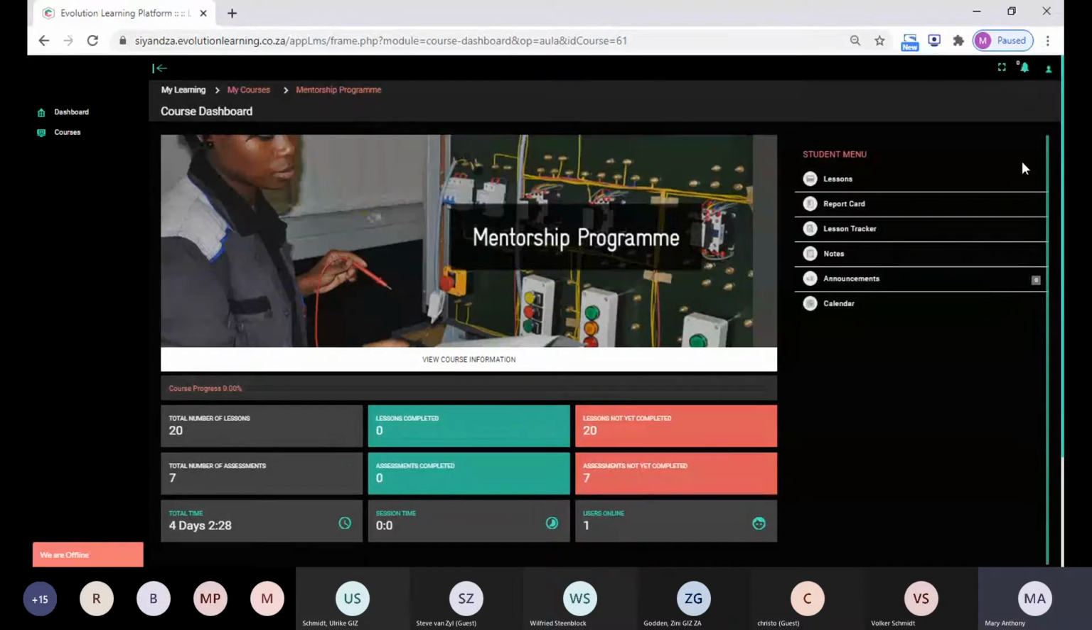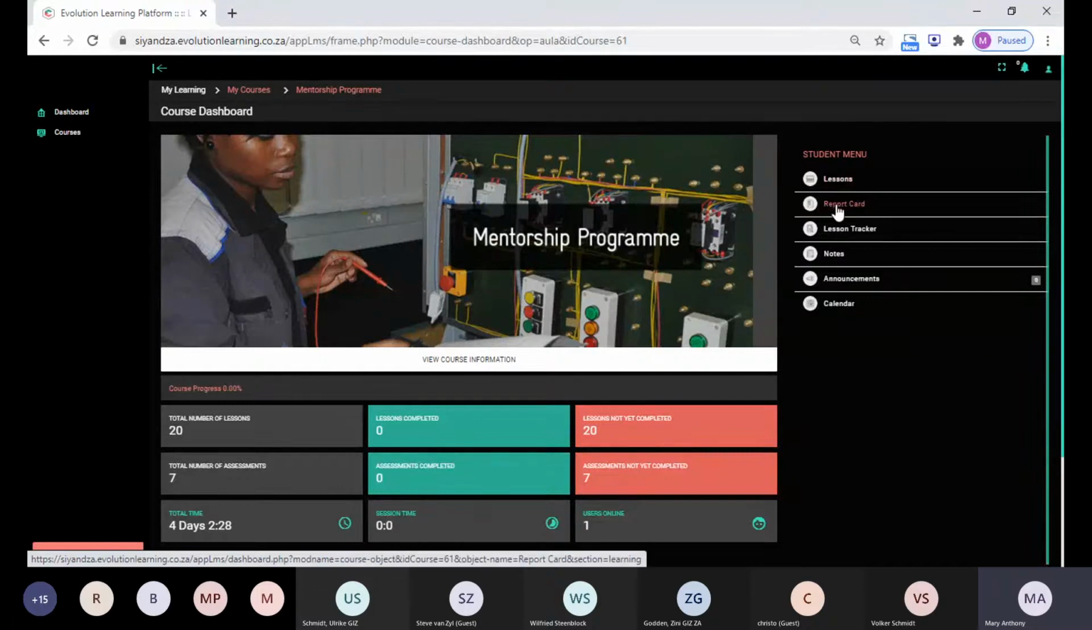The student menu on the side will give you your lessons, the report card, and the lesson tracker. You can add notes, announcements, or calendar events. This is related to this specific course only. So if you click on calendar, you'll see if an event is